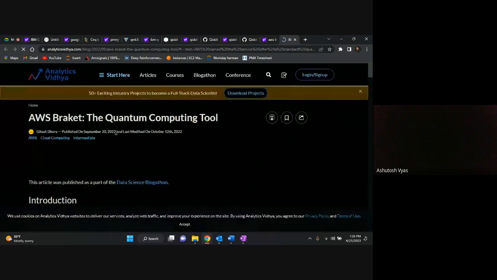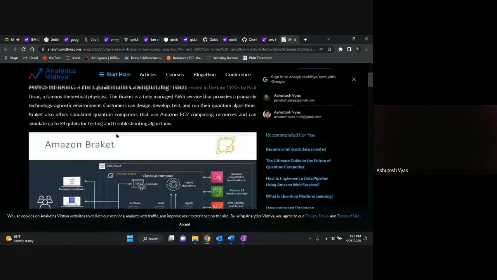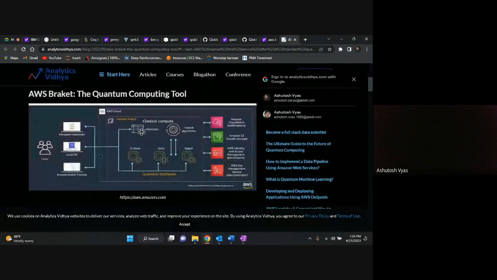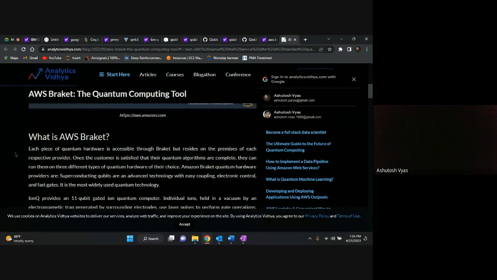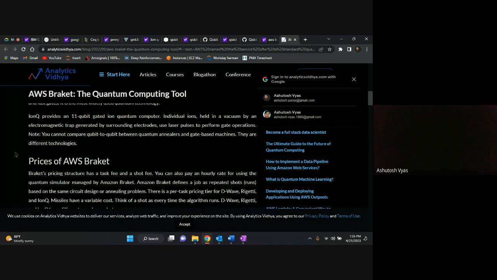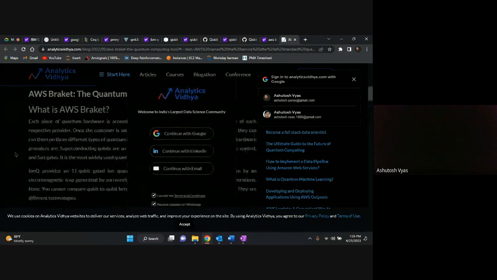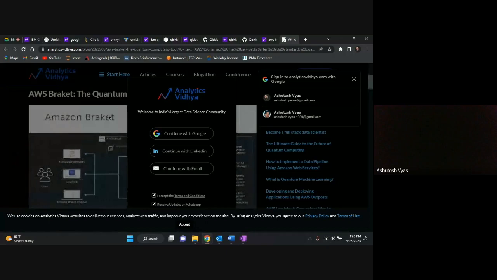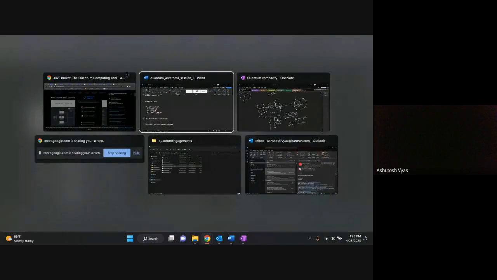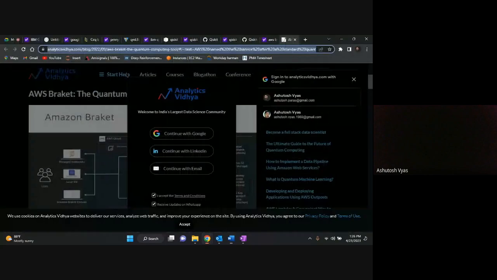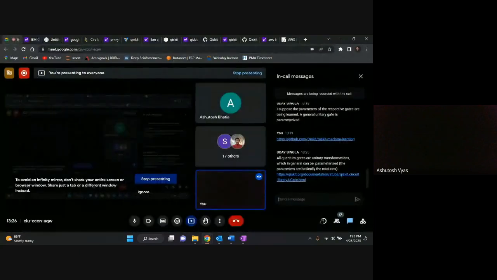If I open this, it's a quantum computing tool which provides you a complete end-to-end pipeline for design and development of enterprise-based solutions in quantum space. We leverage Azure's mechanism, Azure QIO, but in my previous organization, this was the one which we were using. You can go ahead and read it. I'm putting this link here for your reference.